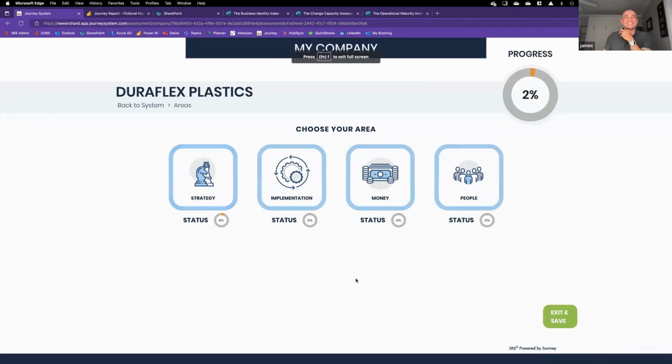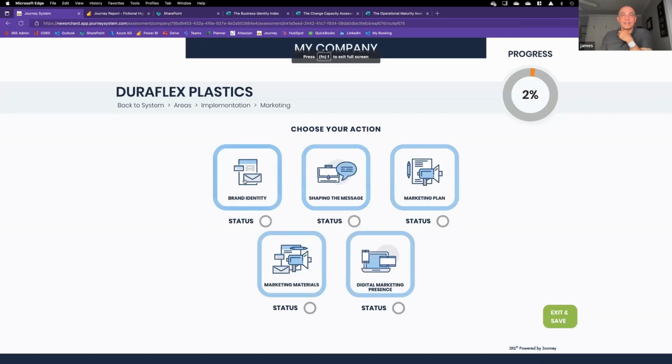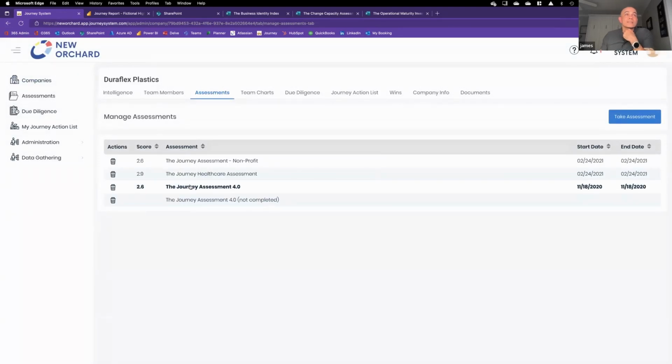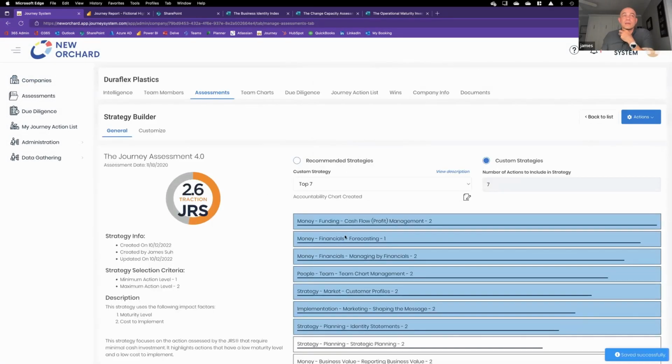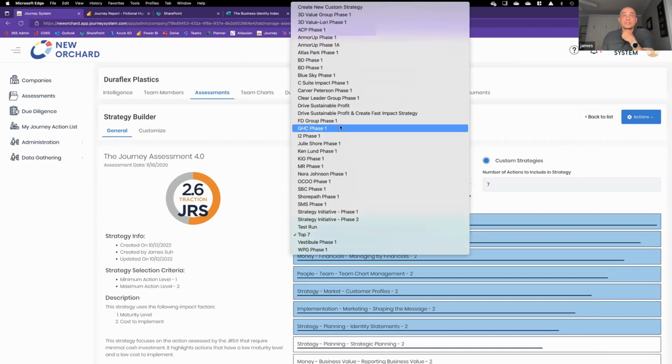So I know, terrible. So if you look at the various areas, you get into implementation, marketing. Within marketing you have brand identity, shaping the message, marketing plan, materials, digital marketing. So what this actually results in for our clients is an assessment that really looks at a variety of different areas. So you may have a strategic plan based on the outcomes of that says, hey, we actually want to do a,